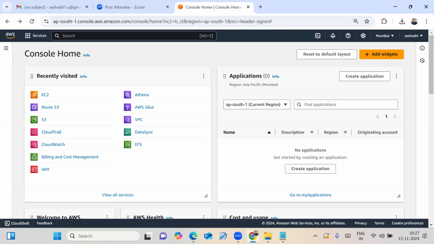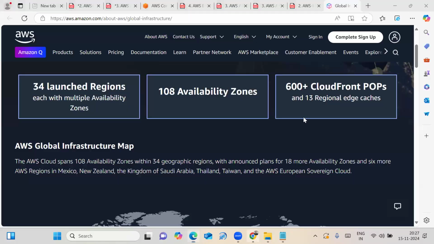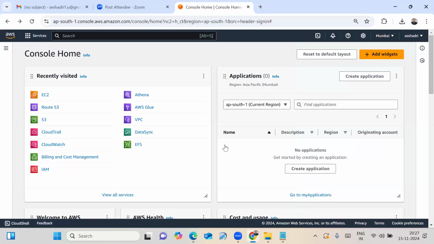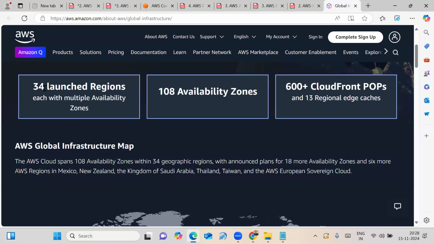Those are the regions in my AWS account. You may choose any region: the Mumbai region, the Hyderabad region, the North Virginia region, the Singapore region, any region. You are saying that each region can have multiple availability zones.